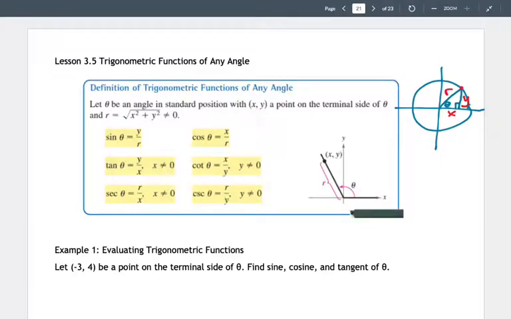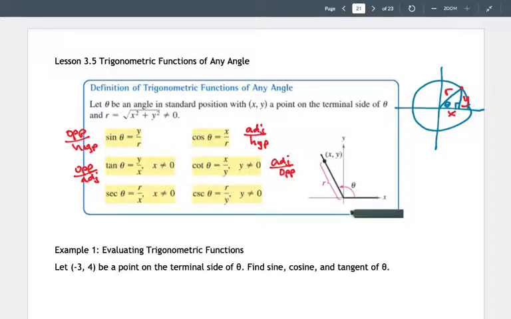And so remember, sine is the opposite over hypotenuse, and so that's why it ends up being y over r. Cosine is the adjacent over hypotenuse, so that's why it ends up being x over r. Tangent is opposite over adjacent, so it would be y over x. Cotangent is the reciprocal of tangent, so it's going to be adjacent over opposite, which is why it's x over